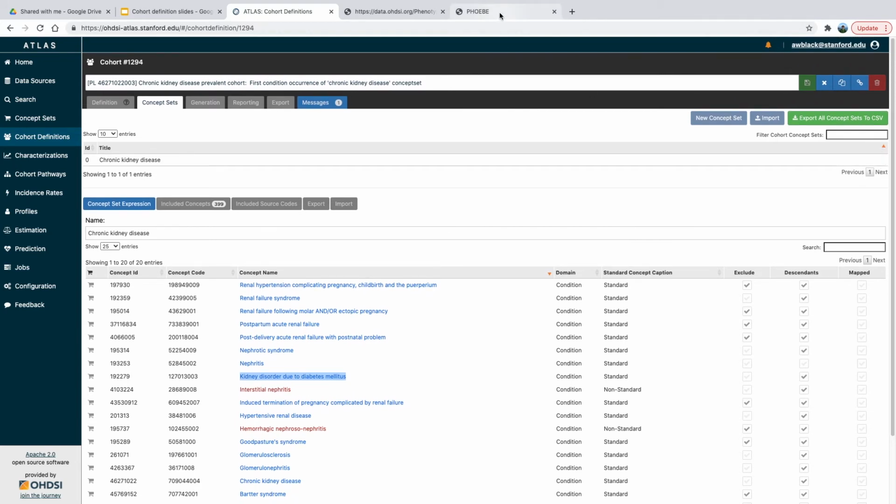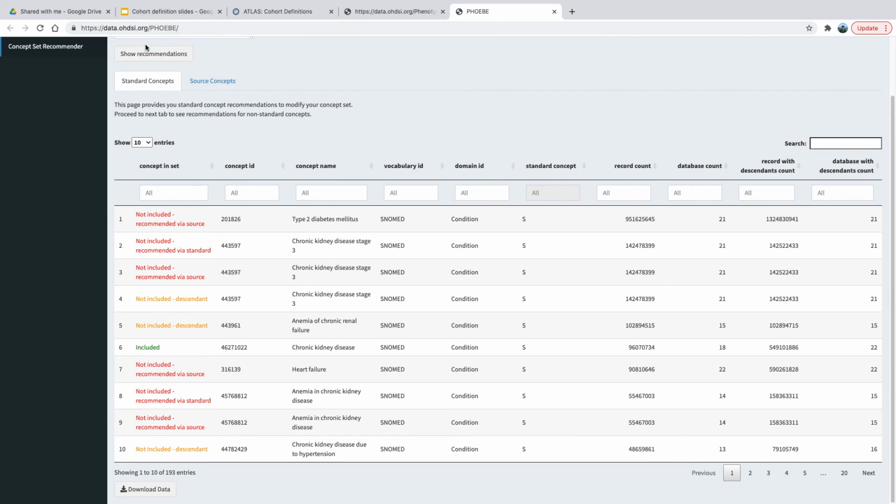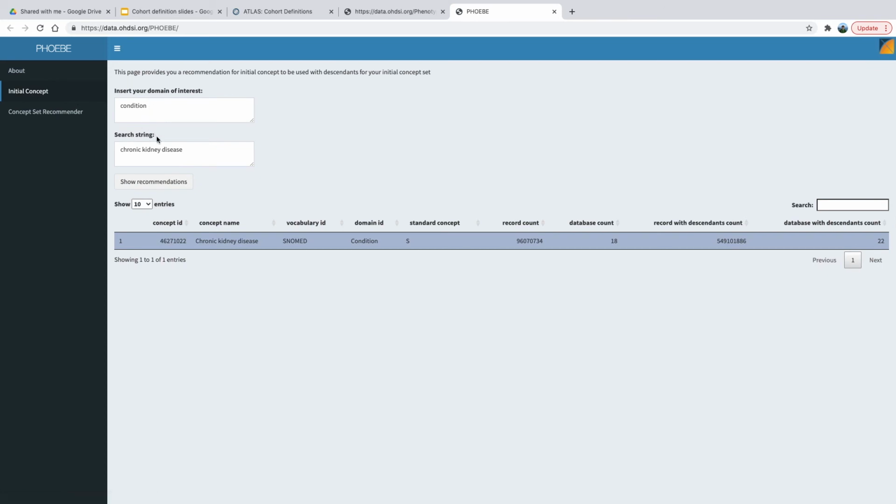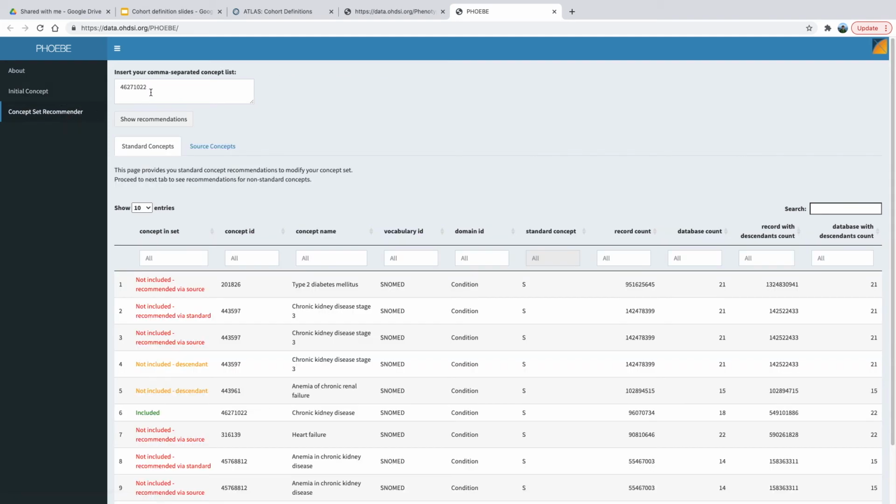However, there is a tool to help with this called Phoebe. You can reach it at data.odyssey.org/Phoebe. This is like a concept set recommender system where you start with some sort of search string and an initial domain that you're interested in looking at. So here I search for chronic kidney disease, and it recommends that I use this top level concept. When I input that concept into the concept set recommender and say show recommendations,